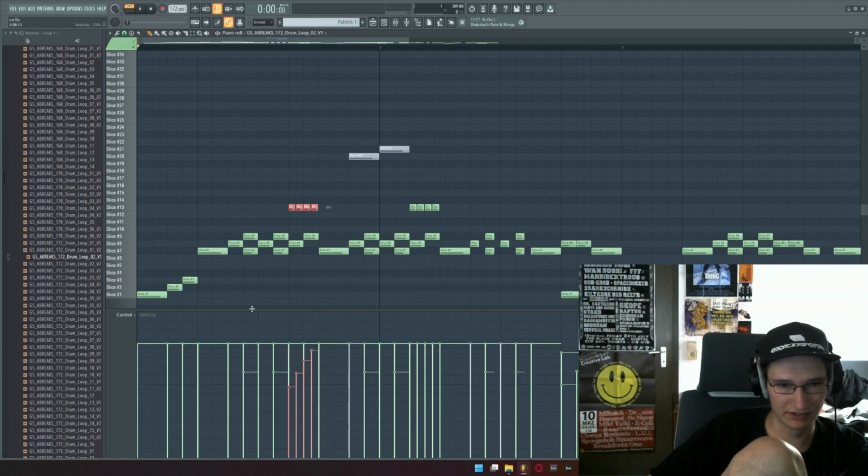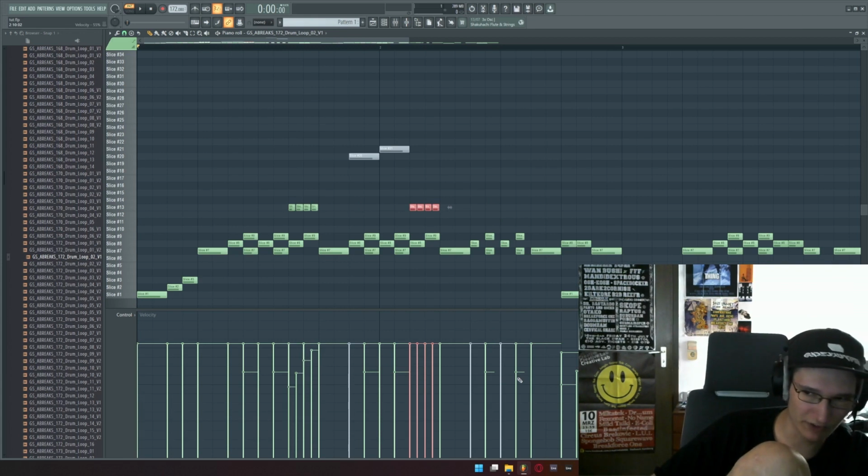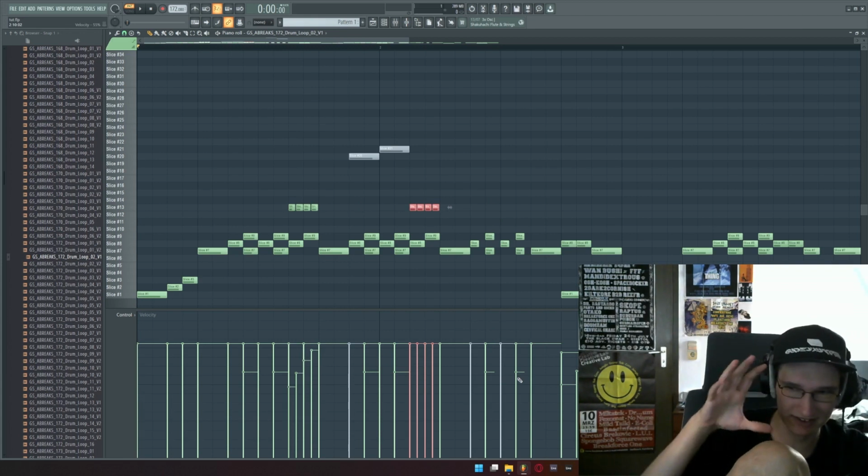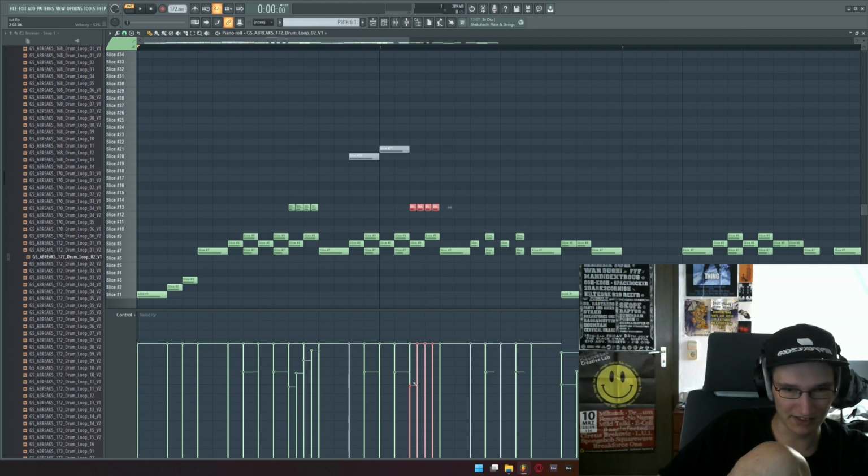We can do it either like this, or what we can also do, and this is another thing, I'm going to repeat this every time I do it, but if you right click on these things and then hold right click and drag, you can do little lines basically, from where you started to where you're ending up. So right click and then click and hold, yeah, we can do little cool sort of